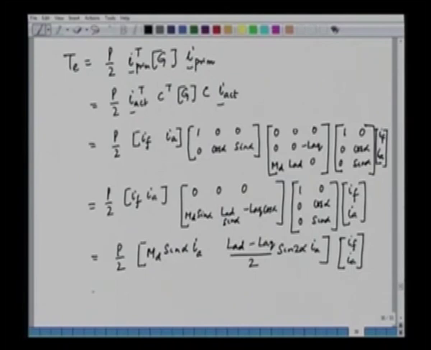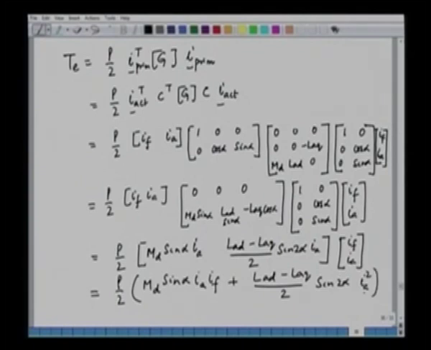Okay. Now, further if you simplify this, we get P by 2 MD sin alpha IA IF plus LAD minus LAQ by 2 into sin 2 alpha